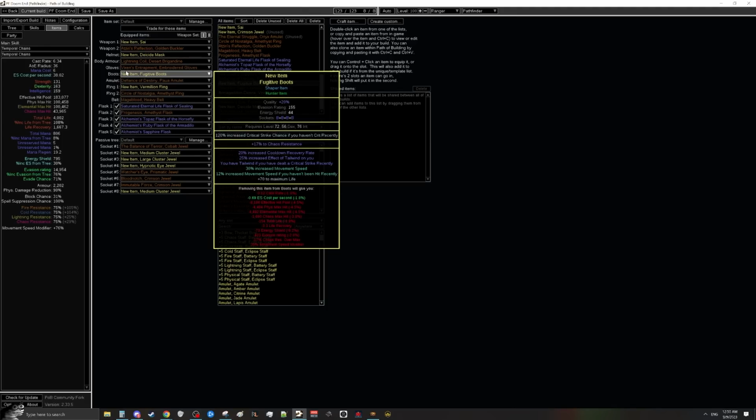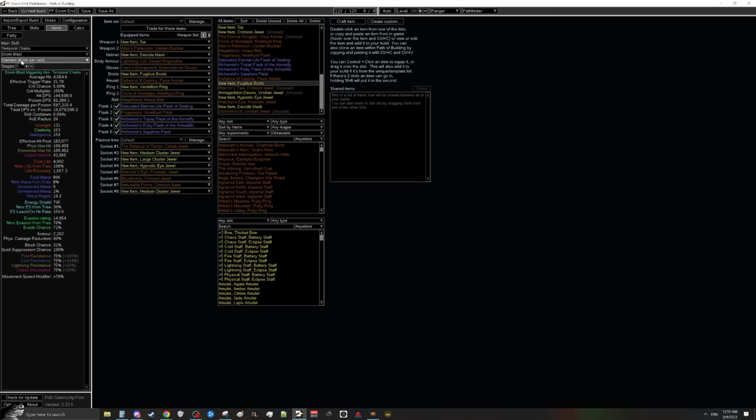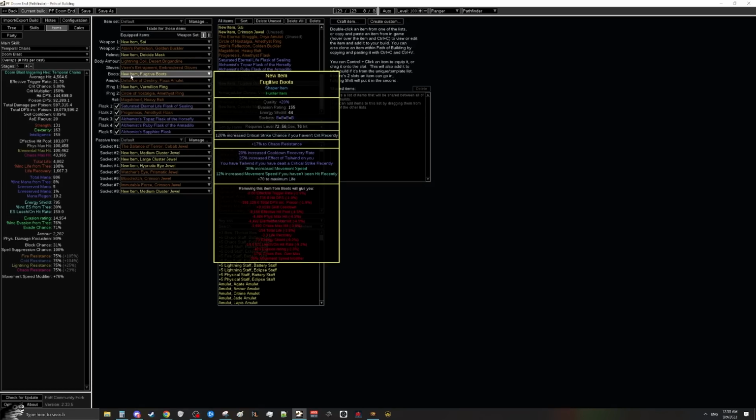prefix and suffix. Now, the tailwind is going to be relatively easy to keep up. I know a lot of people are going to be asking, Allie, do we crit enough for the tailwind? And yes, you will. Currently, with a 5 overlap setup, we're doing 31 hits per second. Even at a 5% crit chance, 31 hits per second basically guarantees you are at least critting once or twice